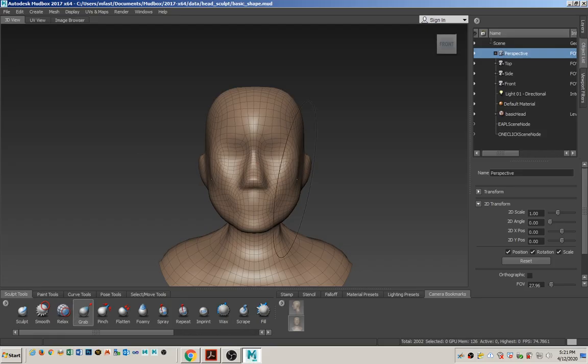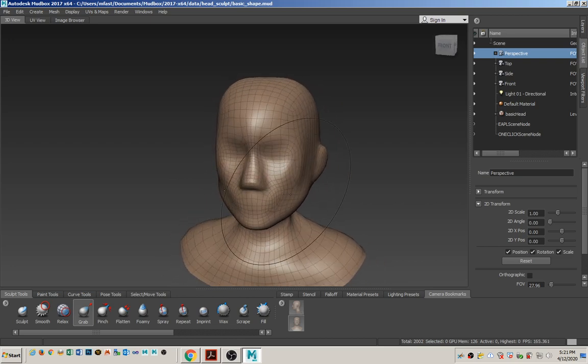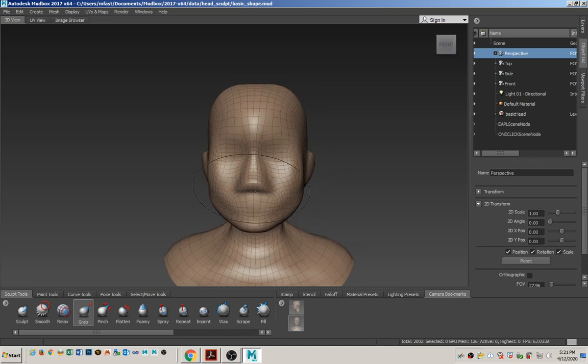Okay. Yeah, her face looks way too thin. So we'll go ahead and give her a little bit of a cheek. Make the grab tool smaller. There we go. And then we're now at the point where, before we use the bulge tool, we need